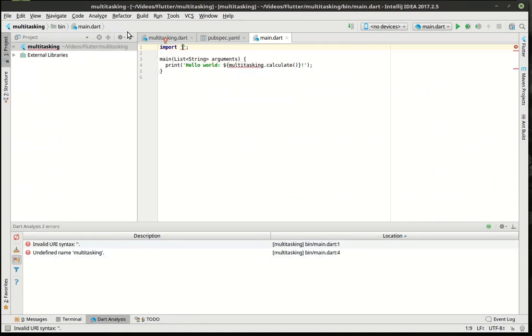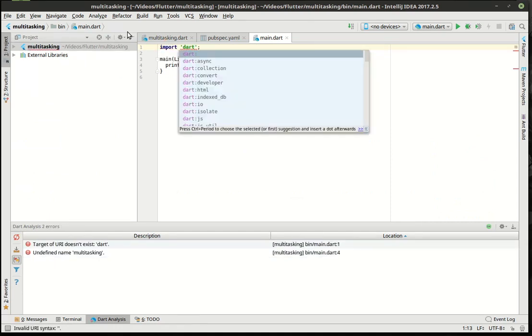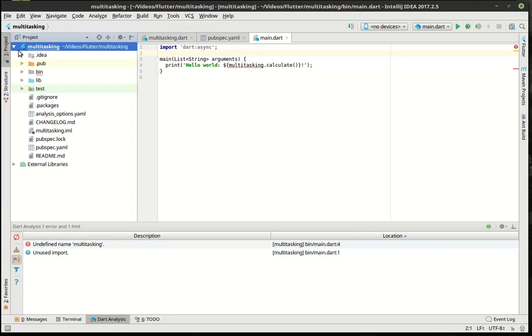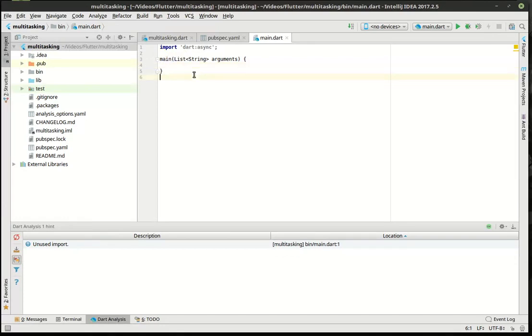the first thing we need to do is import dart:async. You notice how that has dart: In the past we've done just a raw import. We import a file and we've imported libraries and stuff. But whenever you see that dart: prefix, that means it's part of the core framework, if you will, or the Dart libraries. Now, I should note that everything in Dart is a library. Even this program we're working on now is a library. But that is how you import something directly out of Dart. So